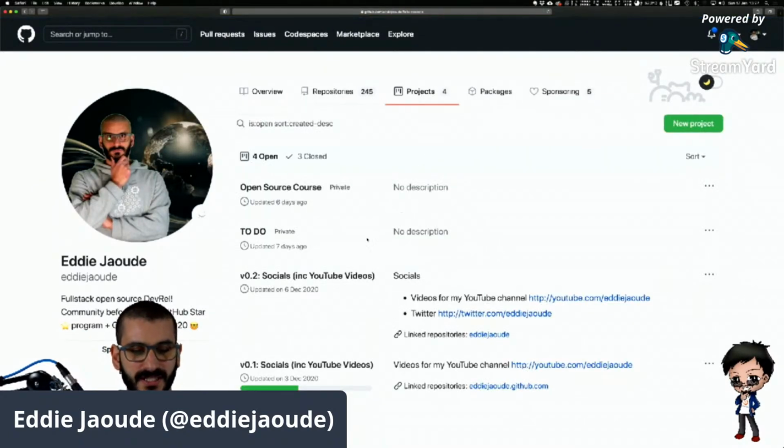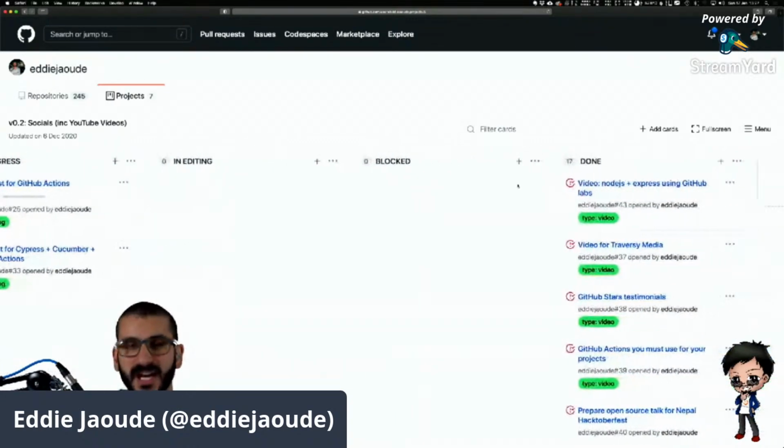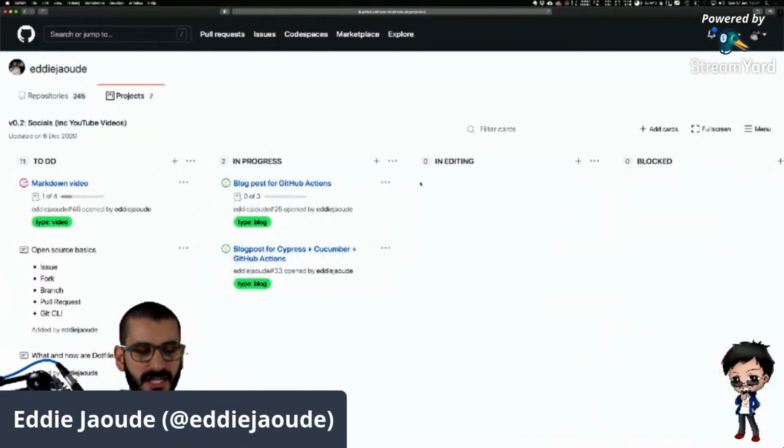If we look at these project boards, you can see, use project boards for your projects. Select the Kanban board where you've got to do, in progress, blocked, and done. I think that's really important. Other people can understand what the goal and the milestone of your project is. You want to make it easier for people to understand what is going on.